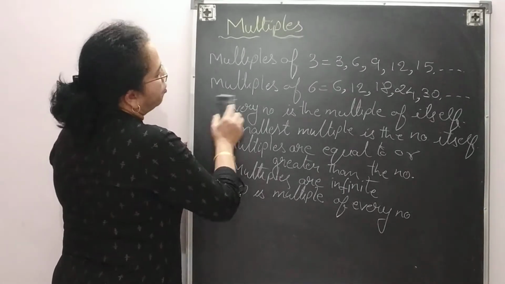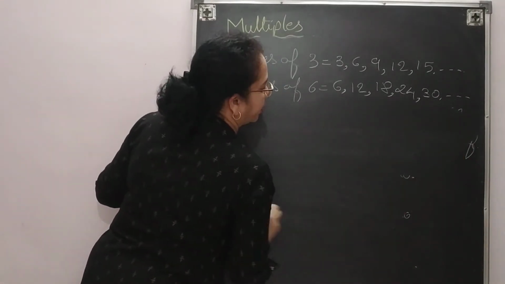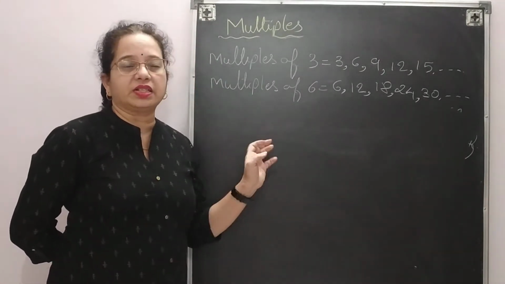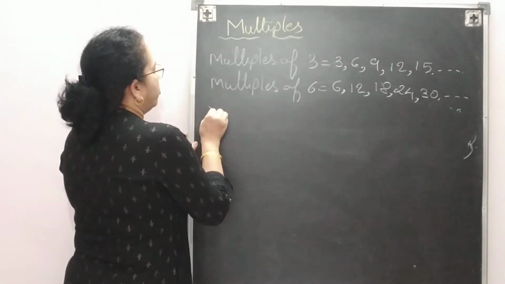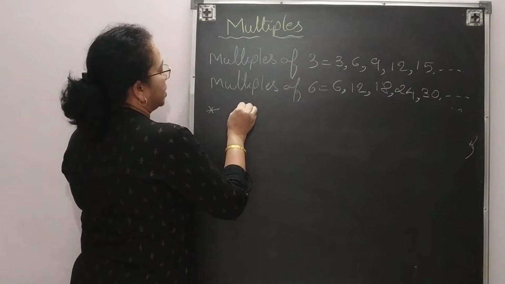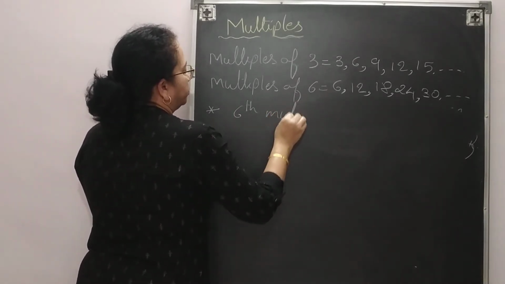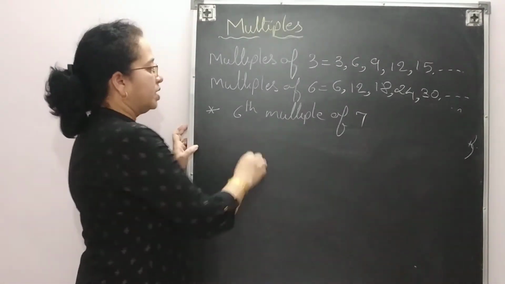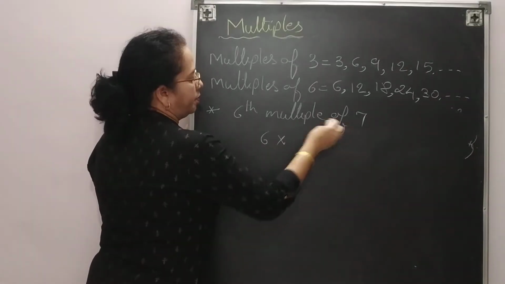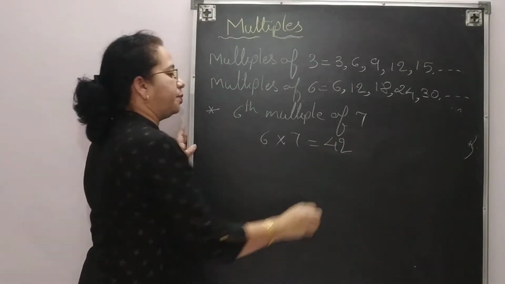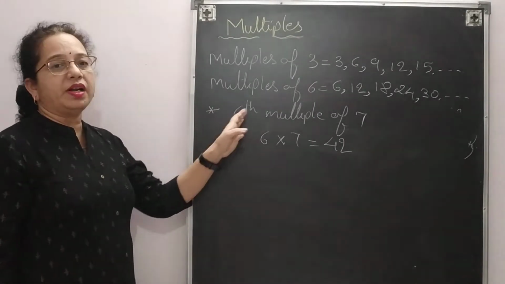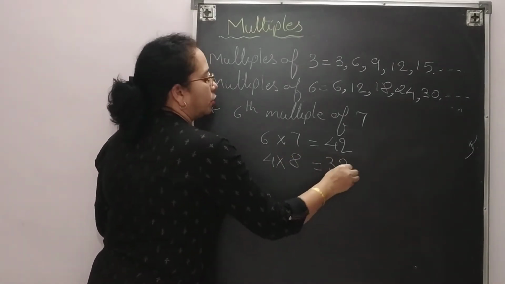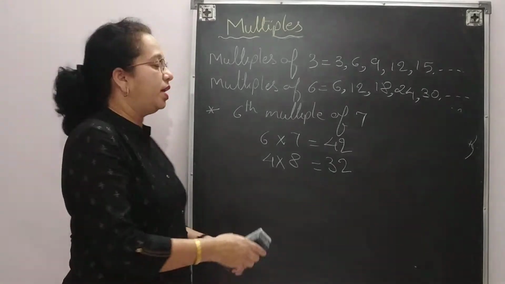Okay. Now what type of questions may come? One question already I told you. The first type of question I have explained to you. Write 5 multiples of this, write 7 multiples of this. Okay. I want to give you one more example. What is the 6th multiple of 7? If such type of question is there, 6th multiple of 7, multiple means multiplication of 7. So which is the 6th multiple of 7? 42. 4th multiple of 8. Suppose 4th multiple of 8. So 4 8s are 32. So like that questions are there in the exams.